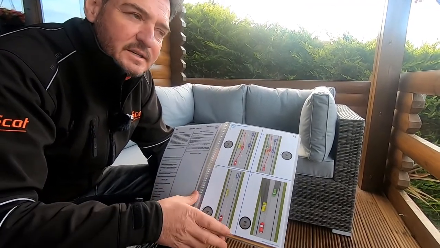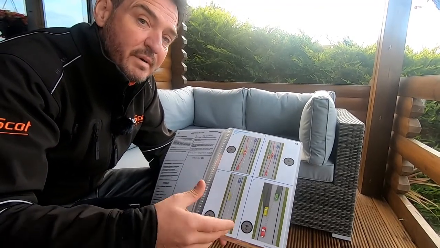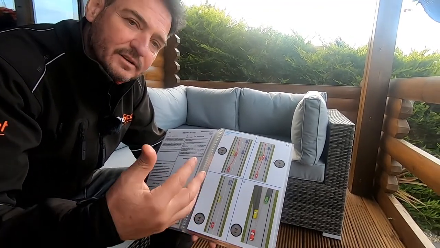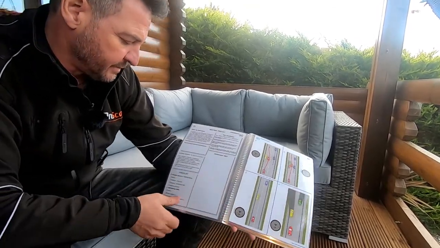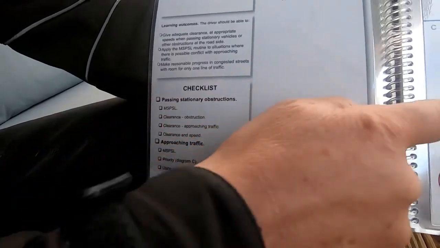If the gaps are getting less than that, you've really got to say to yourself, is it worthwhile squeezing through here? Should I maybe just hold back, wait, and then go through the gap? Now again, your instructor is going to help you with this. Okay, so if we look at the wee checklist here, that's using the OSM PSL routine then to deal with